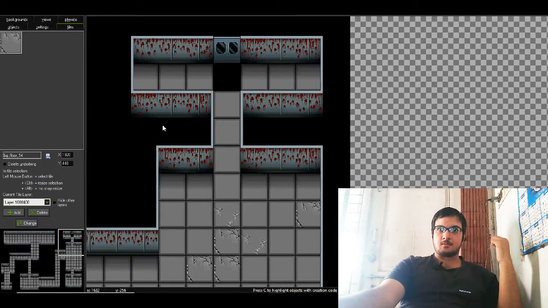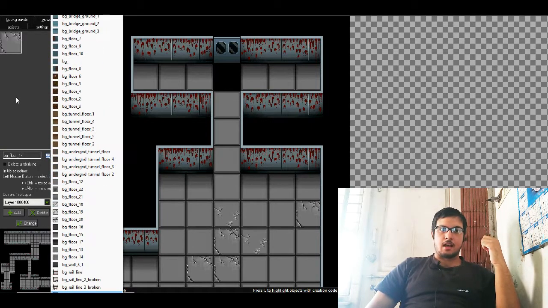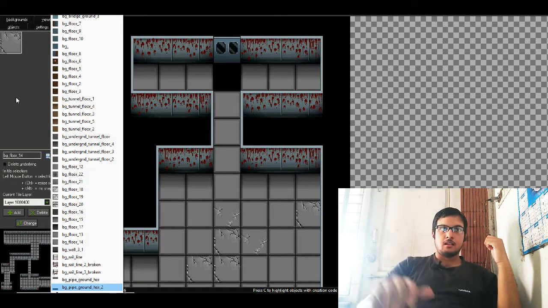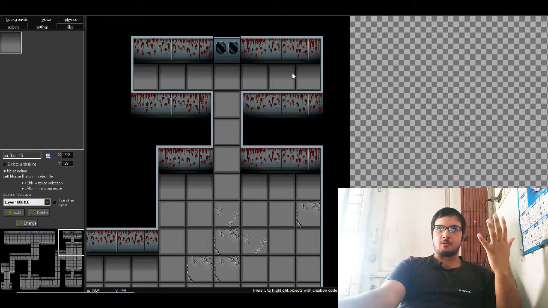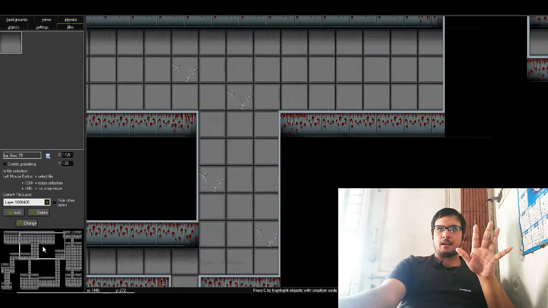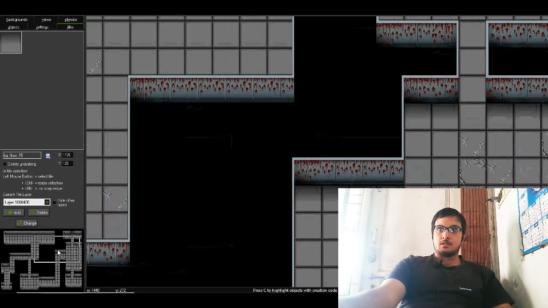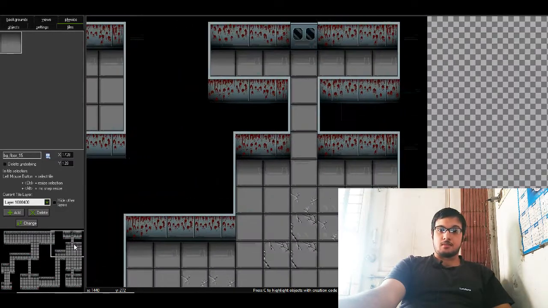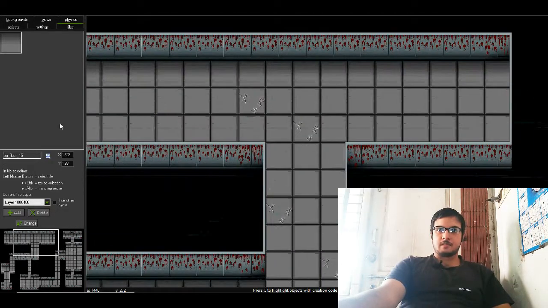Oh, the tile set was missing here. This looks kind of weird, so I'll put... okay, this door cannot be opened. So I will use this instead, because this is where the level will end, and the player will move on to the next level. And this is the level where the player needs to collect something in order to go to the next level. So in order to do that, I have to design it carefully. So as you can see here,